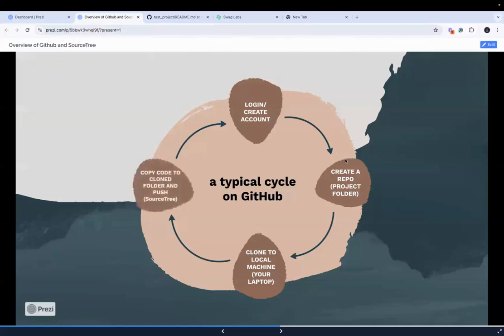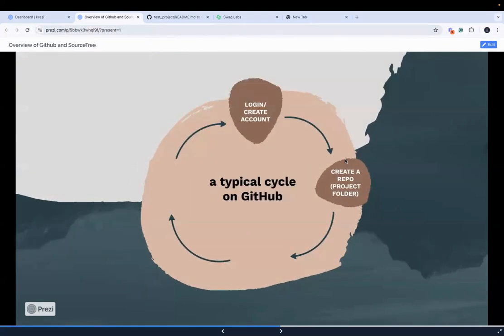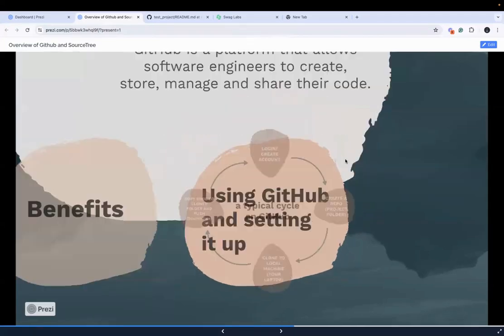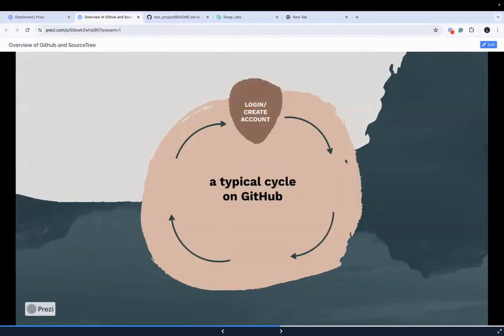You need to do this only once, because from thereafter you will be making your changes. All of these changes will be recorded in the folder, and that folder can be directly pushed again from the local to the repo, right? So it's basically the forward and reverse. That is second step, third step, and fourth step, and then from again fourth step, third step, and second step,